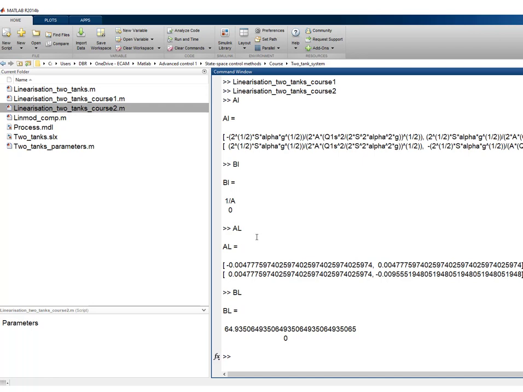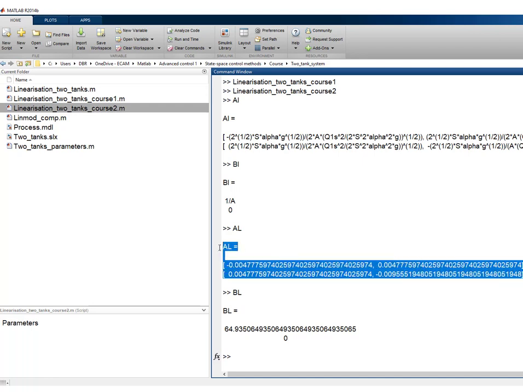And you can see now that indeed this is really the expression of the state space matrix that we had obtained when we had done the linearization by hand